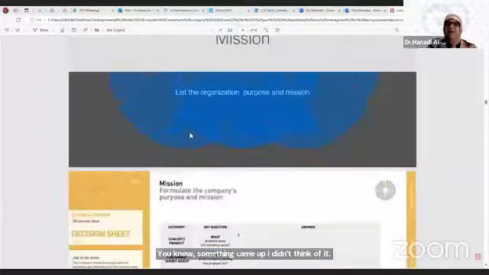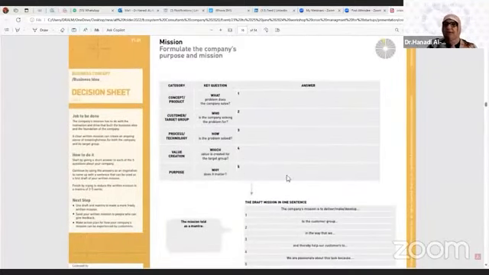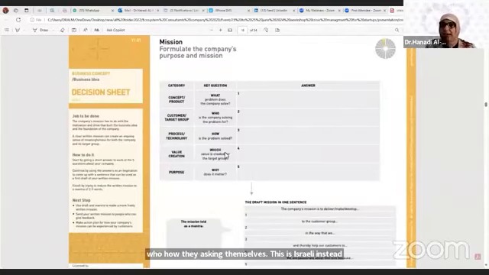For example, as I mentioned before, I showed you this available tool, and you see here there are empty spaces that are easy for each entrepreneur or company. They write what they are looking for about their mission: what, who, how. They ask themselves, this is ready. Instead of buying or hiring a company, build your strategy. And this is the main problem.